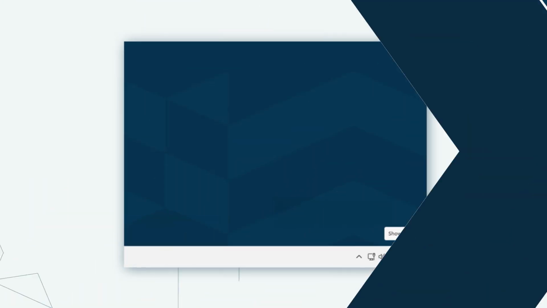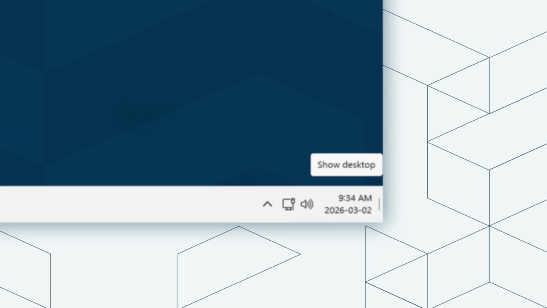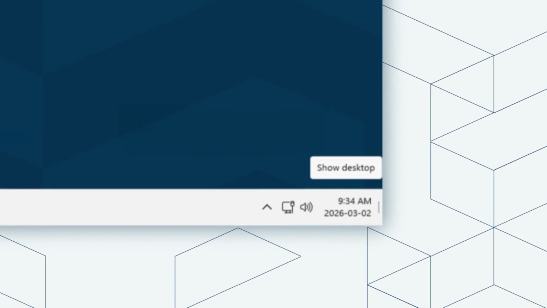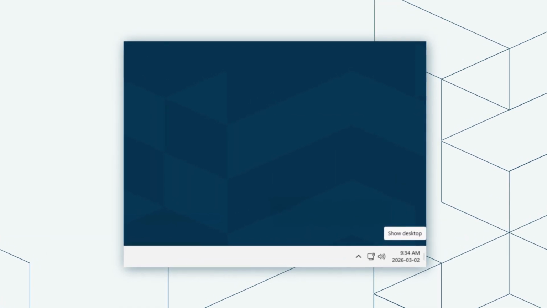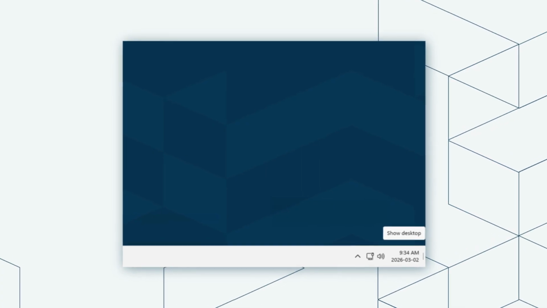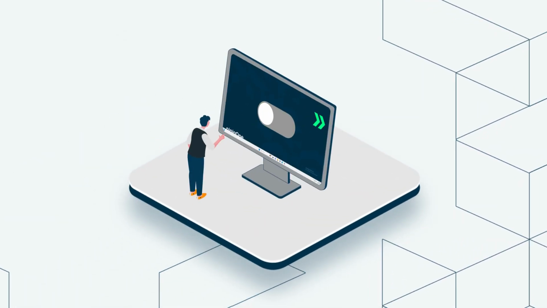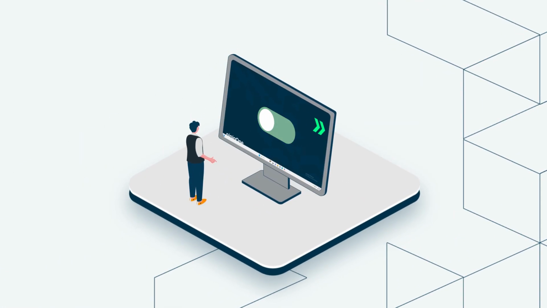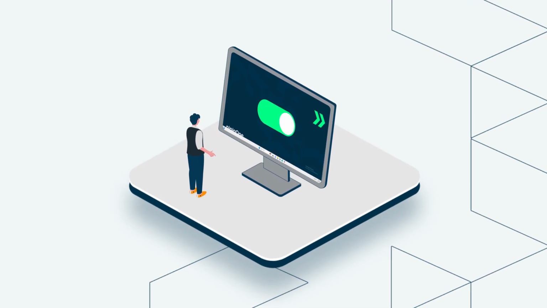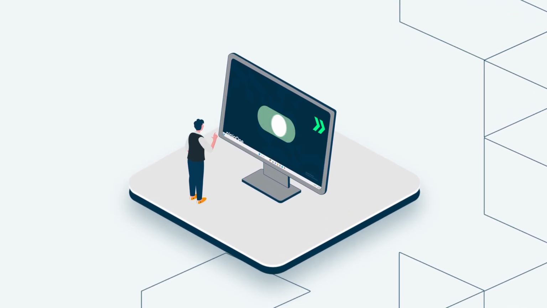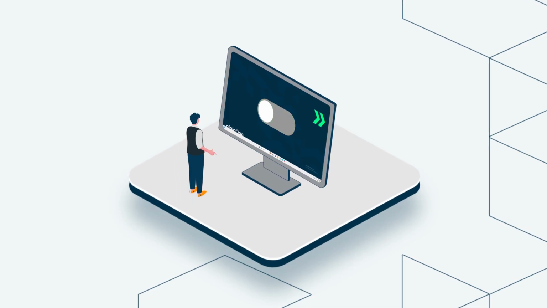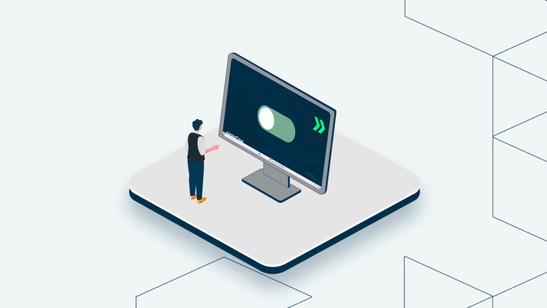What is the Show Desktop button? The Show Desktop button is found at the far right end of the taskbar next to the system clock. By default, it's enabled and minimizes every open window with a single click, instantly showing your desktop. While it's a handy shortcut, some users disable it to prevent accidental clicks or to enforce a cleaner user interface in controlled environments. The settings discussed here apply to all editions of Windows 11, and the changes are per user